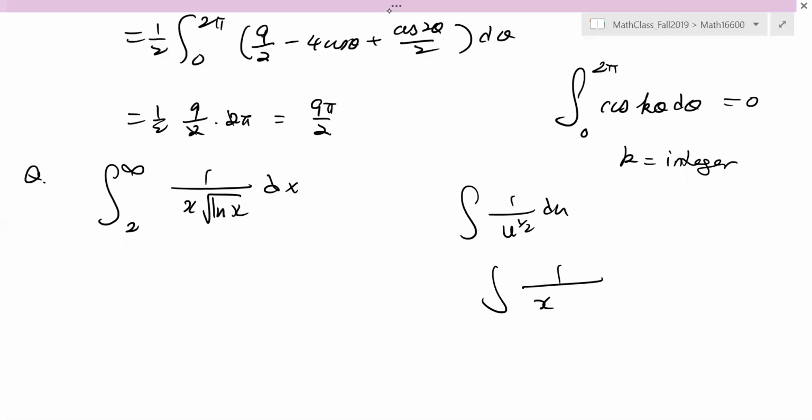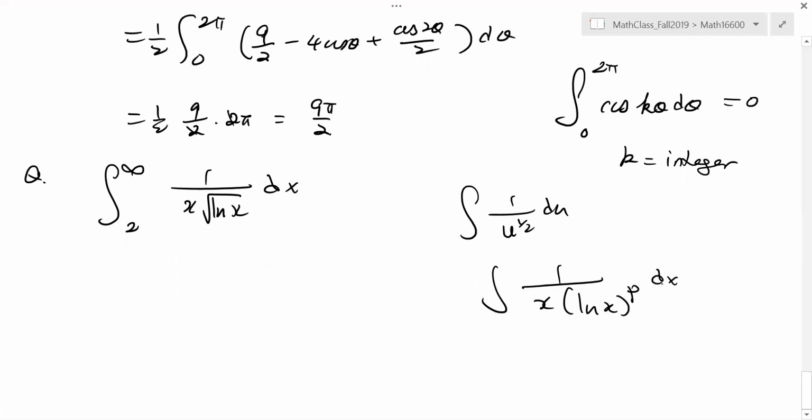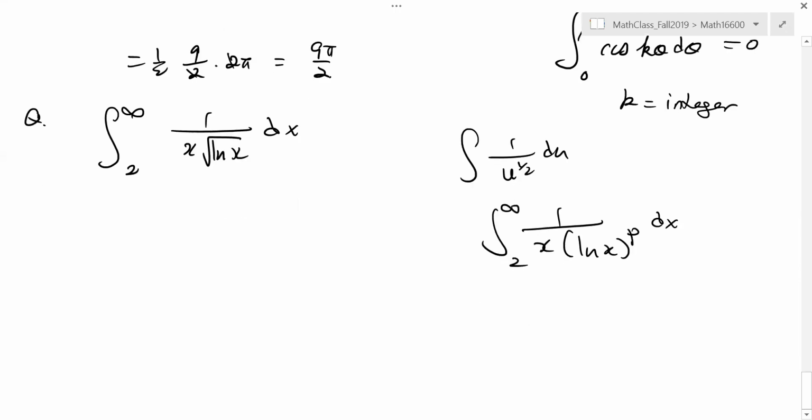Okay, in my last review class, determine when it's convergent and when it's divergent. It starts from 2 to infinity. And this is really similar to this. Those two. So here you use a substitution. You will get